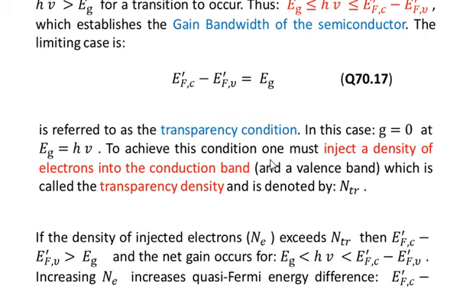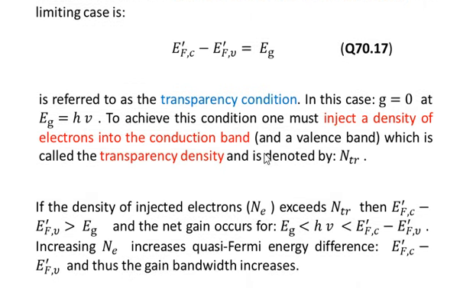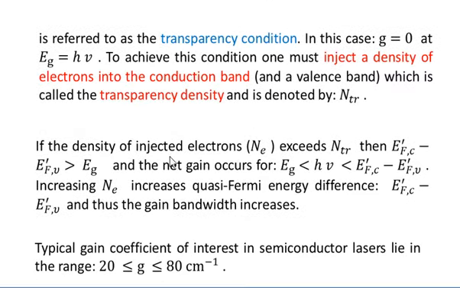To achieve this condition, one must inject a density of electrons into the conduction band, or equivalently a density of holes in the valence band, which is called the transparency density and is denoted by NTR. So to carry out the transition, we have to inject a density of electrons into the conduction band. If the density of the injected electrons Ne exceeds NTR,